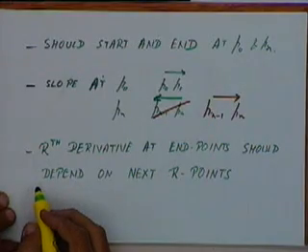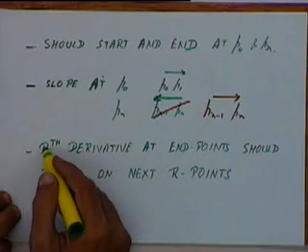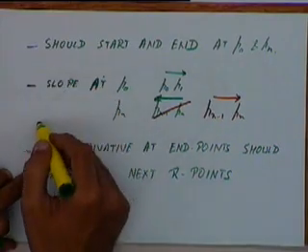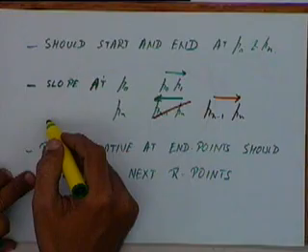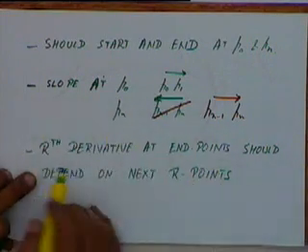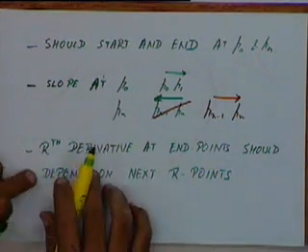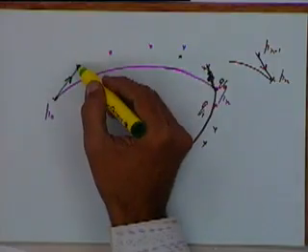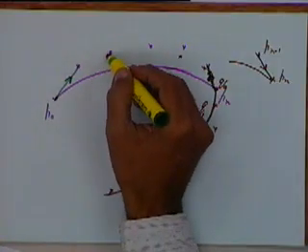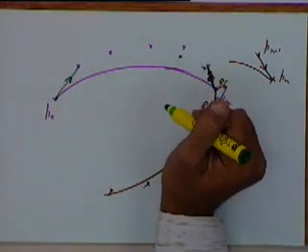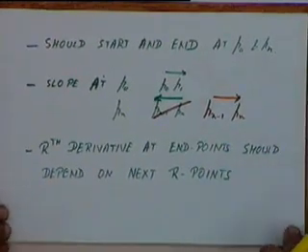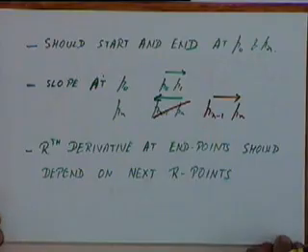And this condition, the second condition, is the derivation of the third. I'm just mentioning that this condition is a superset of this condition. So if the first derivative at the end point will depend only on the next point, the second derivative will depend on the next 2 points, the third derivative will depend on 3 points and so on. This is again purely from the point of view of easy manipulation of the curve.